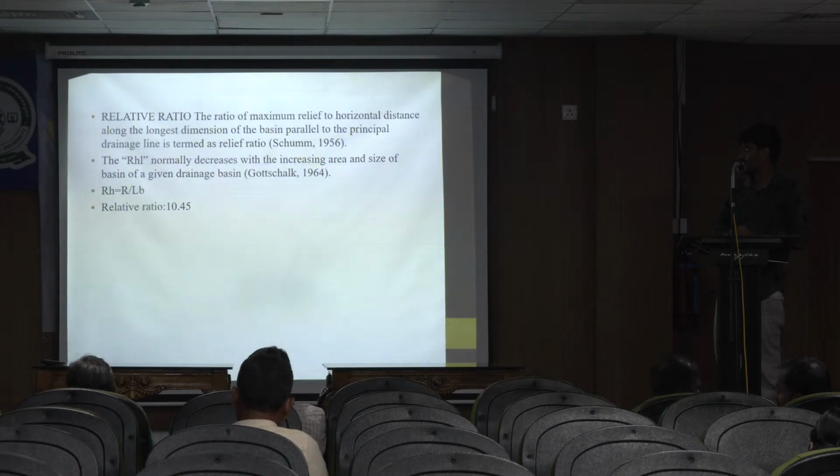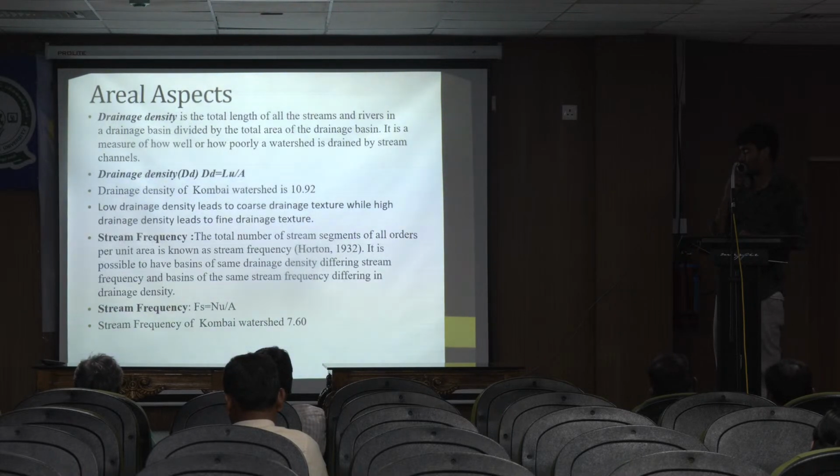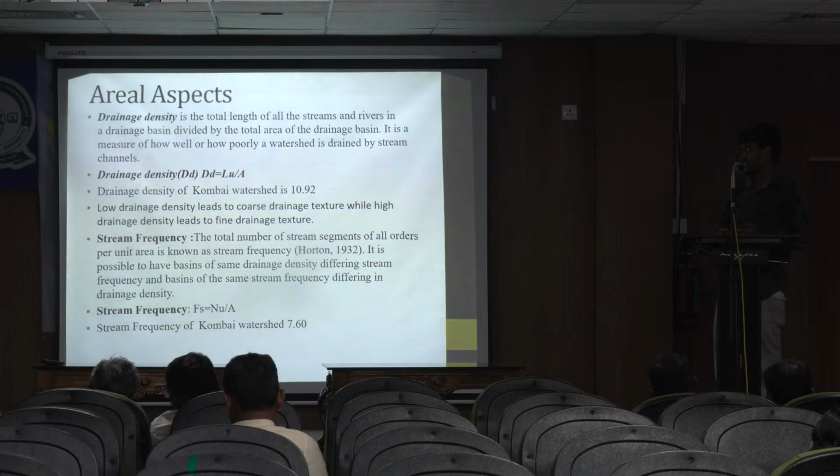Next, the relief ratio. The ratio of maximum relief to horizontal distance along the longest dimension of the basin parallel to the principal drainage line is termed the relief ratio. The relief ratio normally decreases with the increase in area and size of a given drainage basin. The formula is Rh equals R by Lb. The relief ratio is 10.45. Then area aspect,